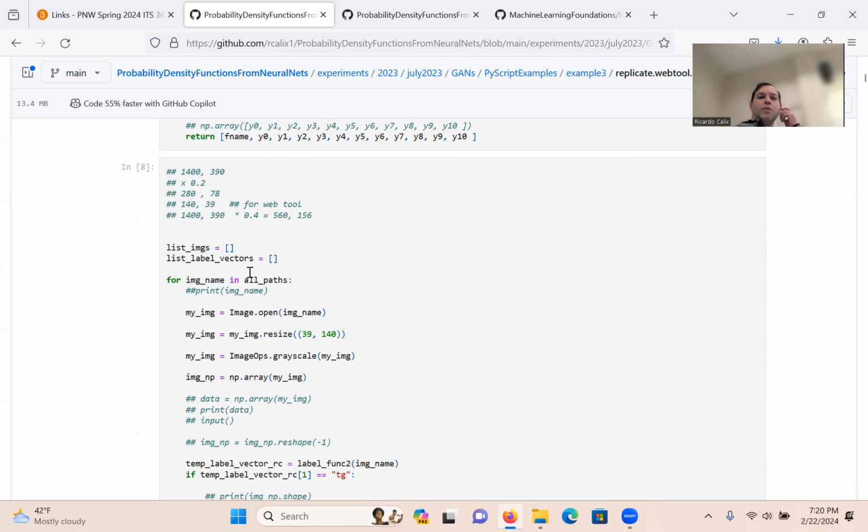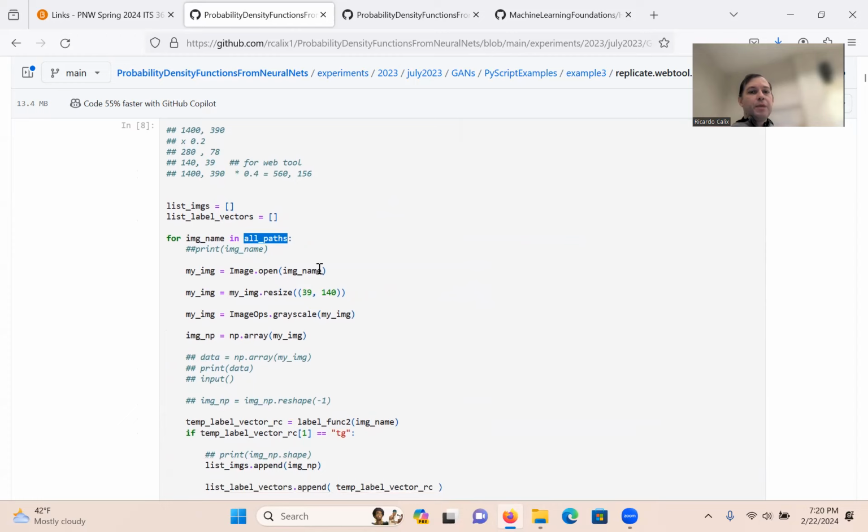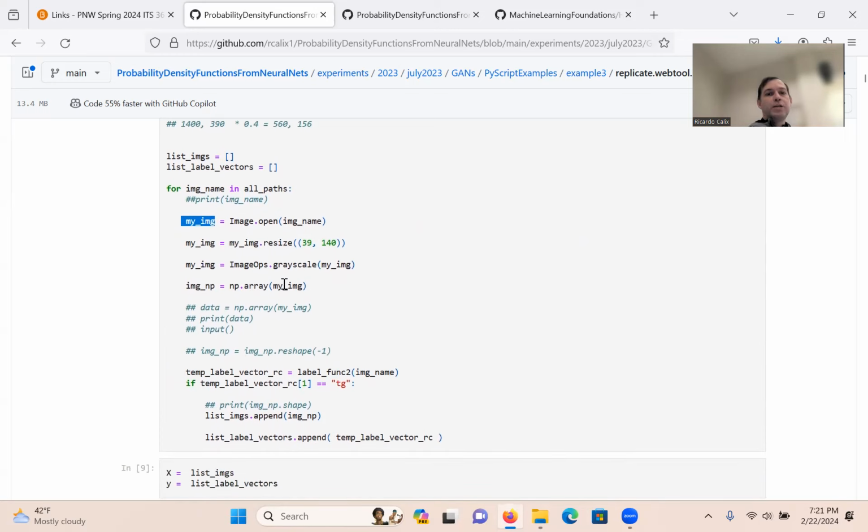All right, so this is the list of all the images. Remember, it would be like the path and file 1 or image 1, 2, 3, all the way to the end. So we iterate through them one by one. We've got the image name, we've got the full path, and then we do image open, and now we retrieve that image from the folder, and we officially just loaded it into Python. So the image is in my image right there. You guys see that? Questions? All right, once you do that,